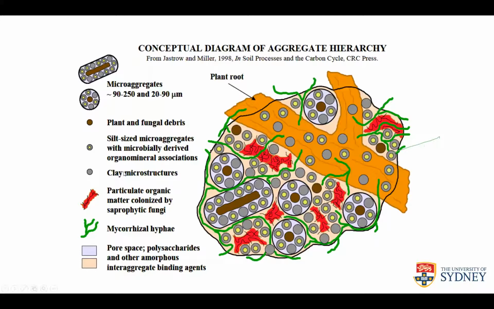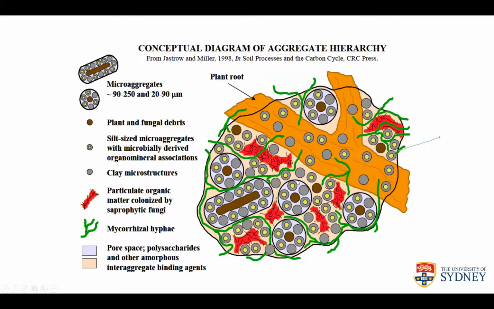And if you look at it, the brown one, this is the plant and fungal debris. So these are the organic matter where it has a lot of carbon. So the role of organic matter or carbon is that it binds all this aggregate together to form a micro aggregate. So when the carbon is in the micro aggregates, it's also being protected, right? That means that other microbes will have difficulty getting access to this carbon or organic matter